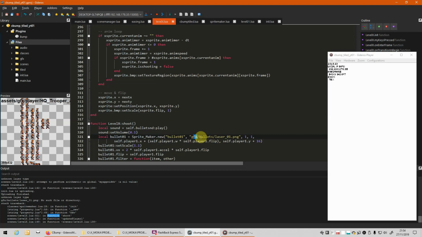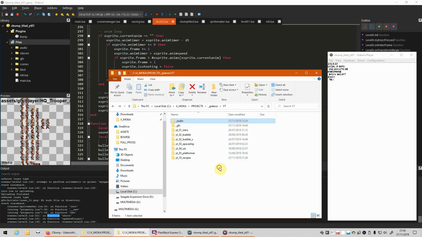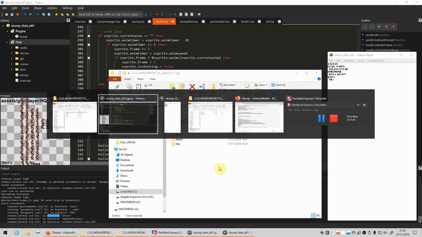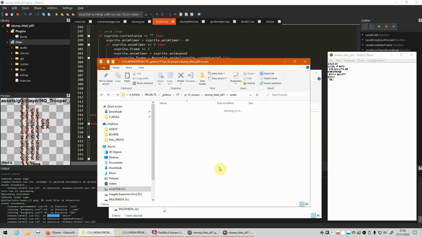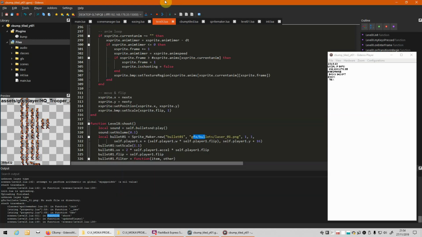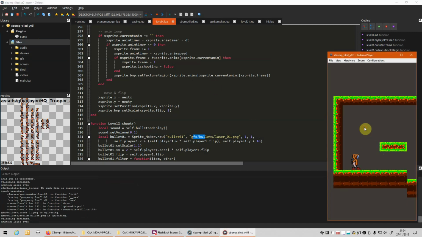So the path is graphics bullet laser. Let's see if I've got those. Should have bullets and laser. Okay. Pum pum pum. Let's go in. It's in the graphics folder. Files. Refresh. Play. Now, oh, now I can shoot.